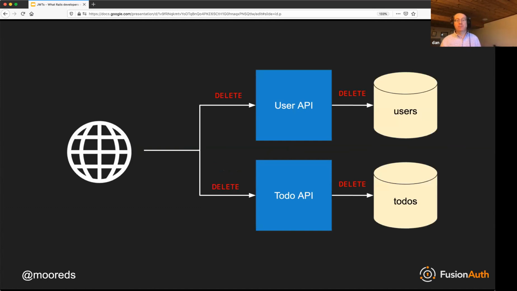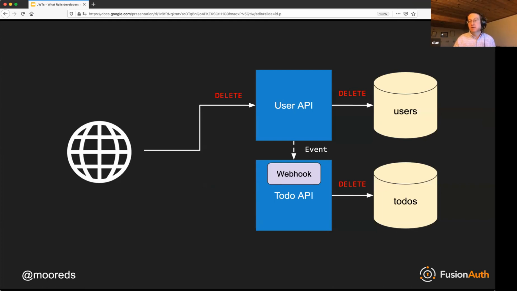Well, you have a couple options. Option one is you push complexity to the client and you make the client call delete for each API, and they can pass that user ID to the ToDo API and the email API and any other APIs that might be involved. I don't know about you all, but I don't like pushing complexity to the client. I like keeping complexity on the server because I have a lot more control over that. This might work fine for 2 APIs, but if you have 10 or 20, or you roll out a new API that the client doesn't know about, there's just additional complexity if you push it to the client. So instead, you can push it all to the server side.